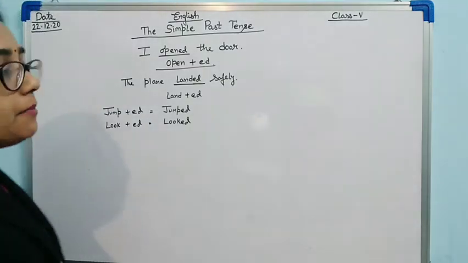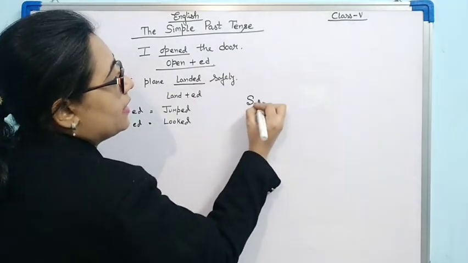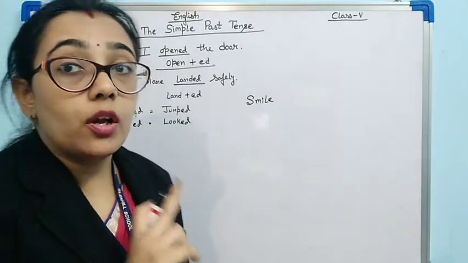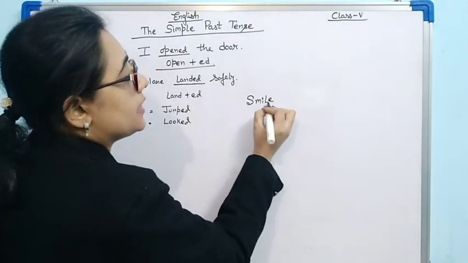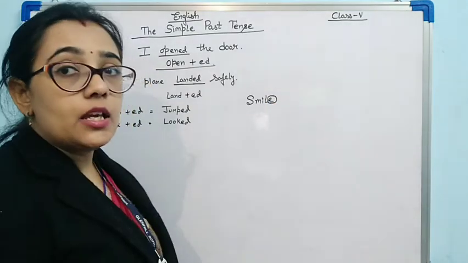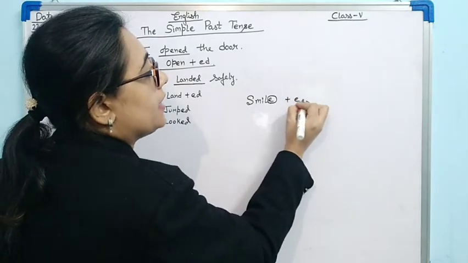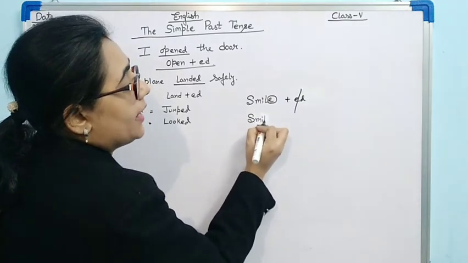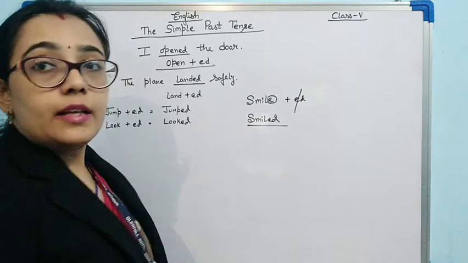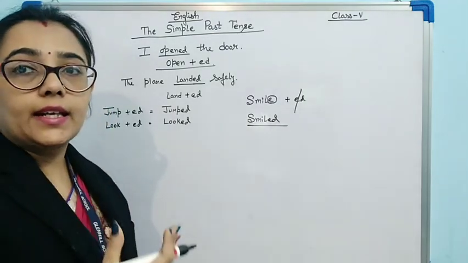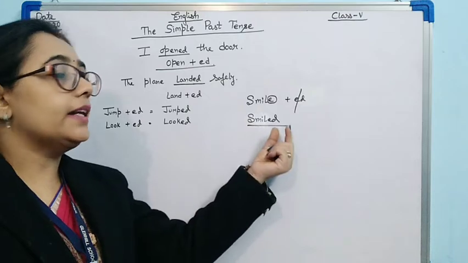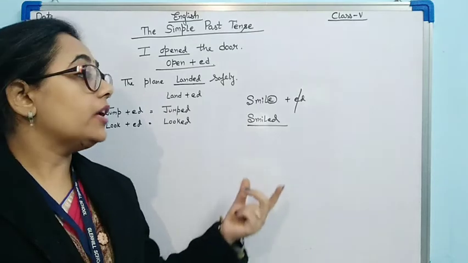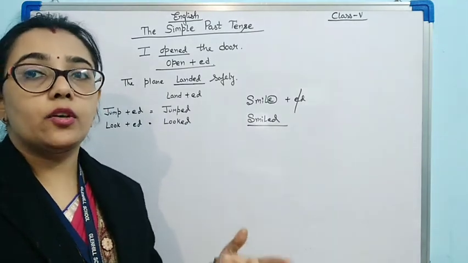So it will not be wrong if I say only ed is added to the base verb. One more thing to keep in mind: suppose any verb like smile, which is already ending on E. See, it is already ending on E, so again I will not add ed. I will add just D, that is S-M-I-L-E-D, smiled. Is it clear? If the verb already has E at the end, then we add only D at the end of the verb.